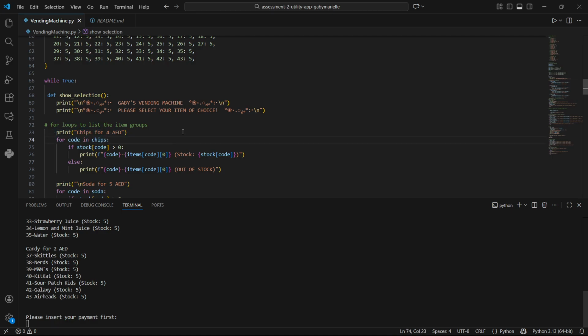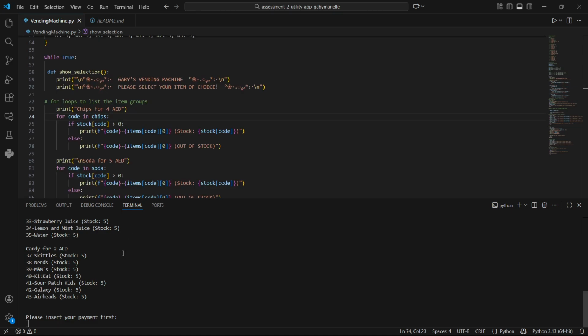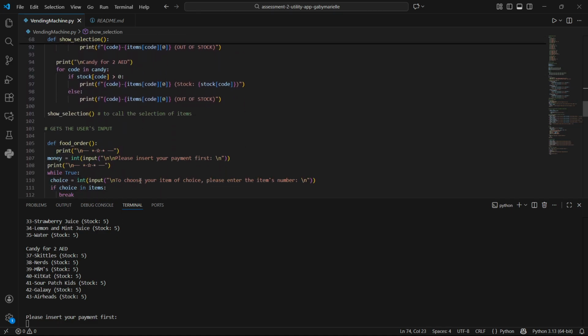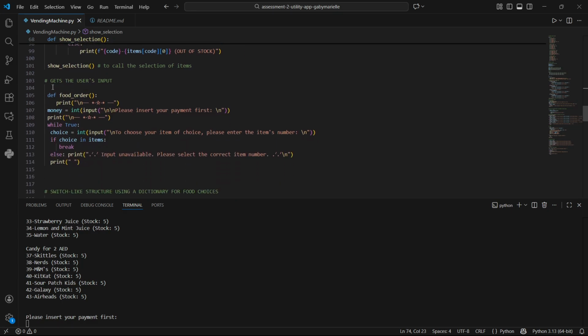So after the menu is shown, the user is asked to insert money. This is stored in the variable called money. If the user enters a number, the program continues. But if the user enters something wrong, like letters, the program may crash, which is something I would like to improve in the future. So for example, let's